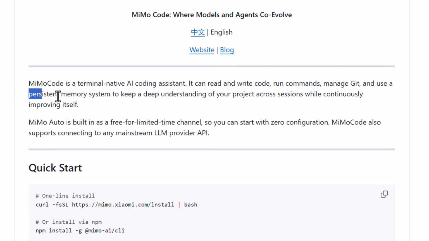It means that it keeps an understanding of your project. For example, if you left your project on Saturday, on Monday you don't need to recap your project, because it already knows about your project, the rules, the structure, everything about your project. And the best part is that it is free for a limited time,